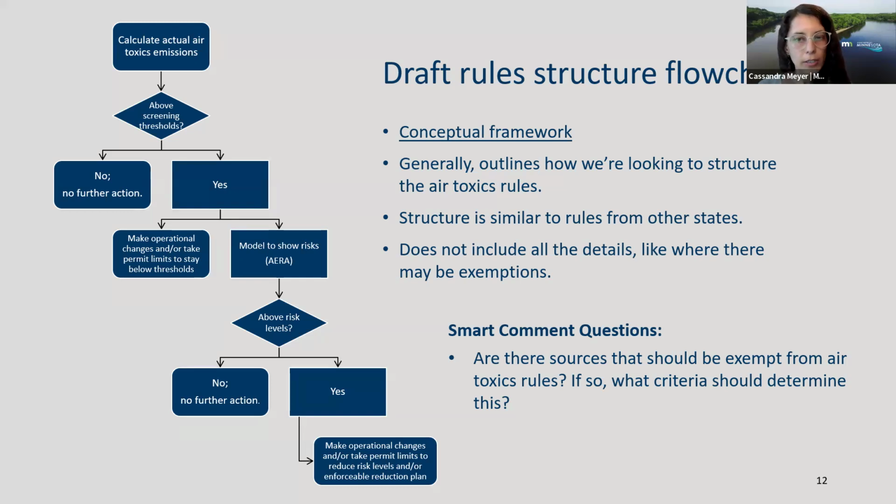So this flow chart is a broad tier 1, tier 2 structure that involves first screening and then potentially modeling risk. And so my colleagues Anna and Brenda will discuss more conceptual details around these steps. And I will pass it to Anna to discuss screening values and screening process.